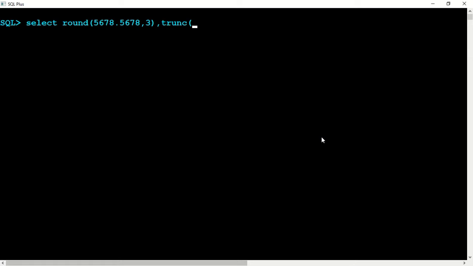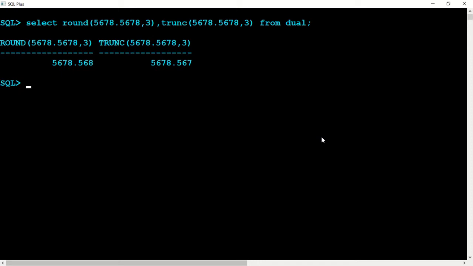Okay, truncate(5678.5678, 3) from dual; enter. So what this round says, it rounds up to 3 decimal points. So this is the number, and 3 decimal points means